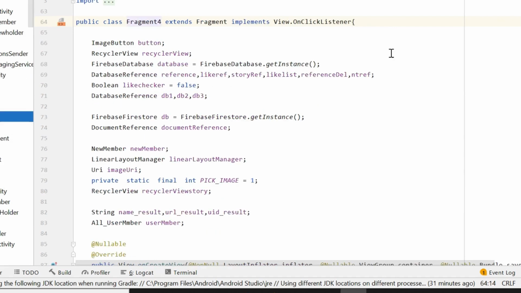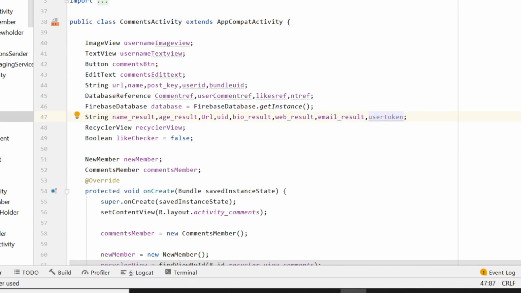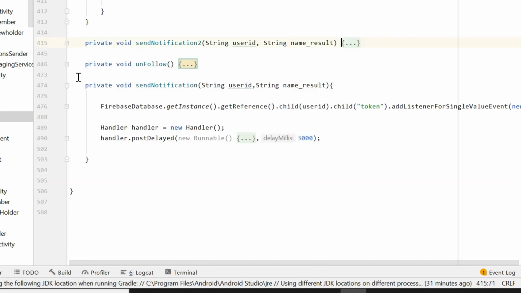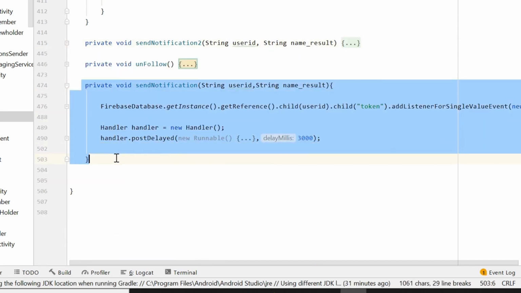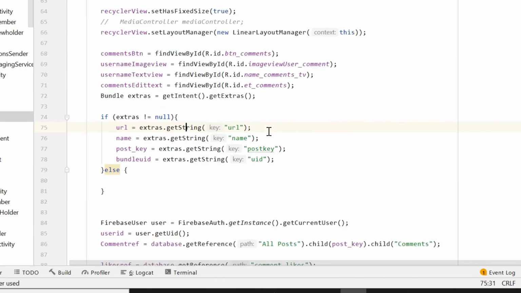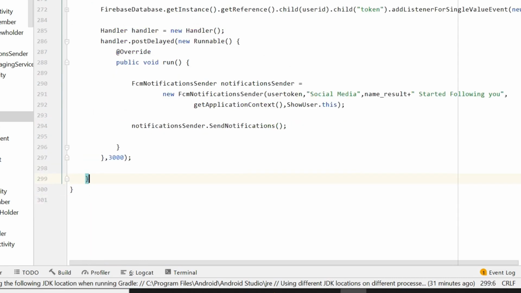Yes, so after this, come here in the comments activity, and first of all declare the variable user token, and then come back here in the show user, and then simply copy the code of this method send notification, control plus C, and go back in this comments activity and just come in the very bottom and paste the code here.